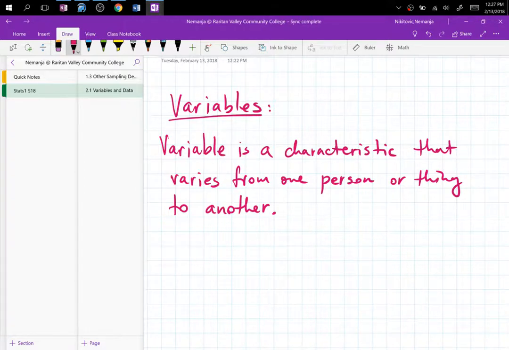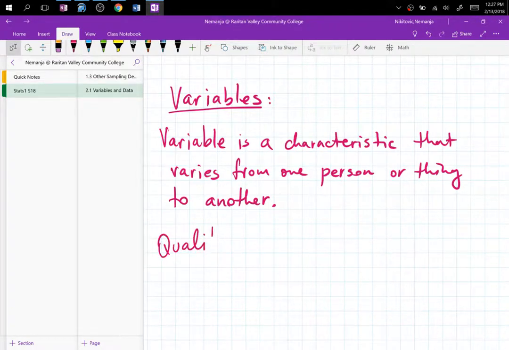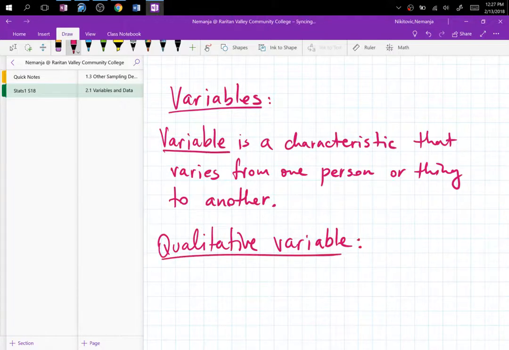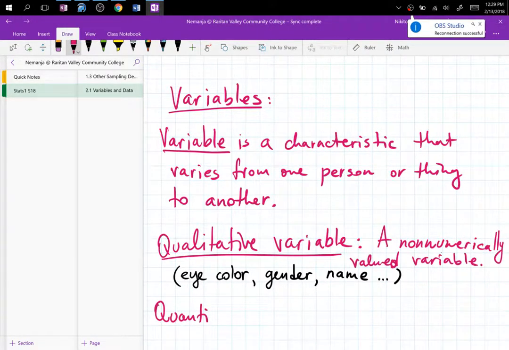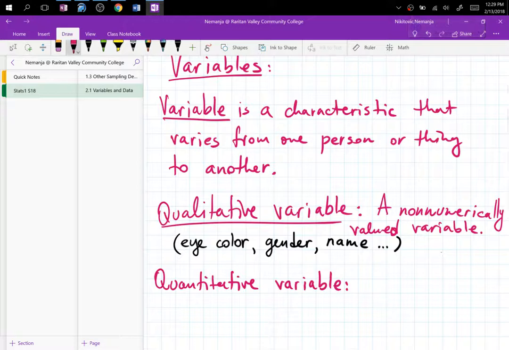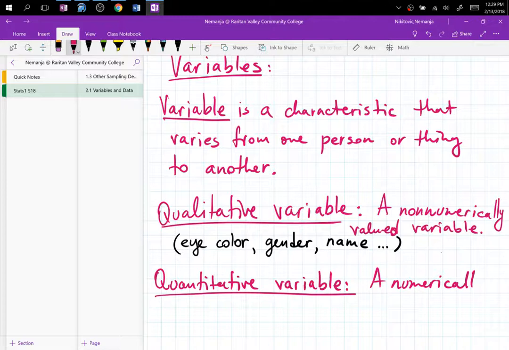So there's a qualitative variable, and that will be a non-numerically valued variable. Quantitative variable, a numerically valued variable, and you already suggested age,